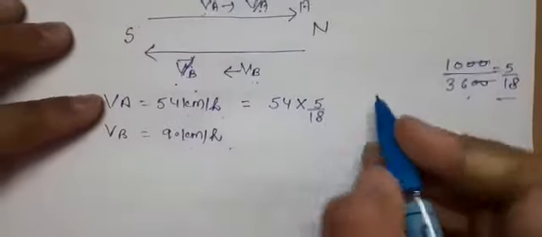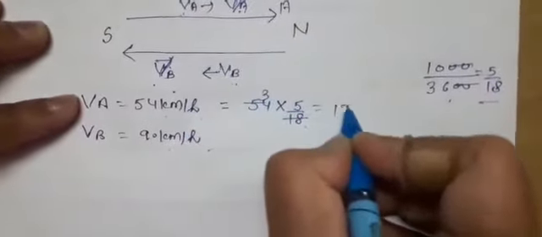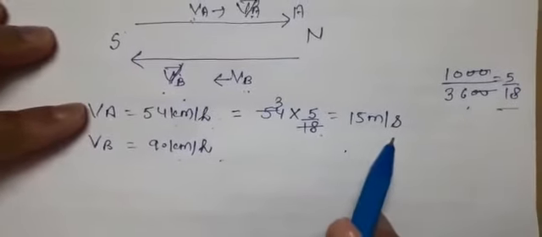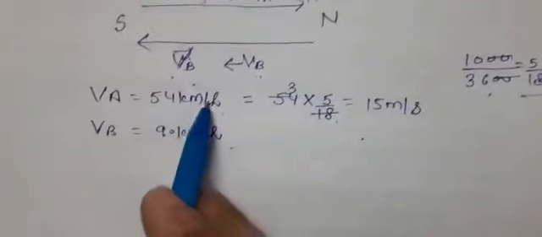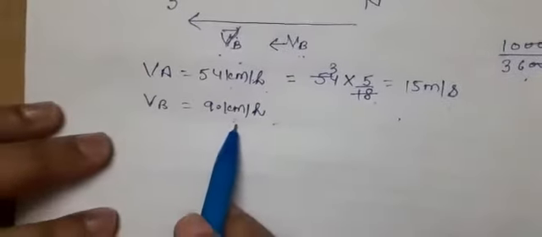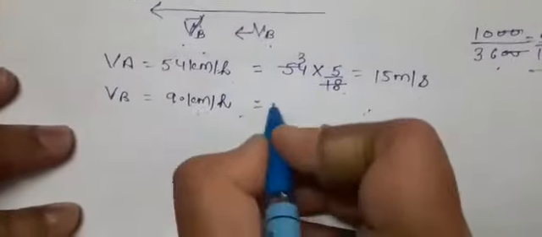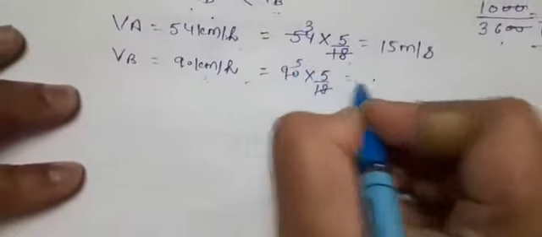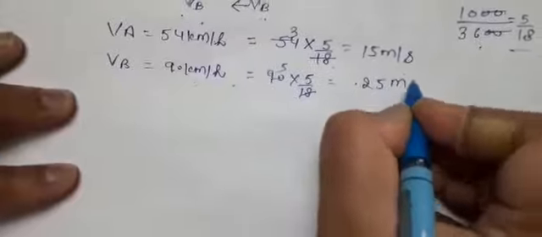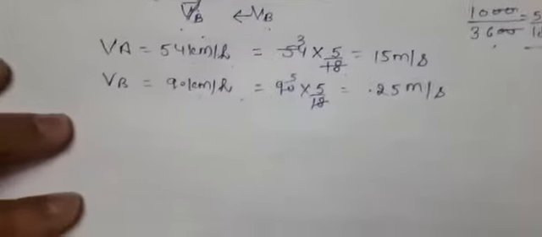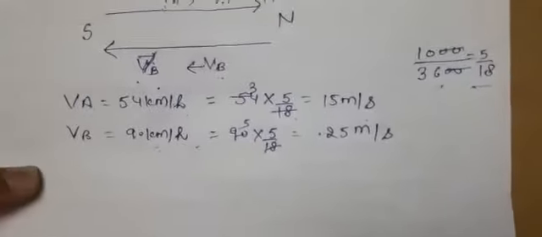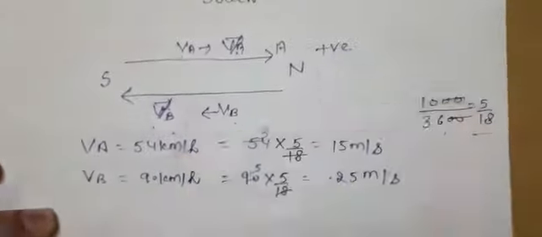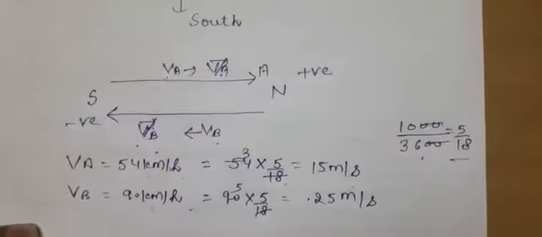Now when you solve it, this comes out to be 15 meter per second. This will simplify the calculation. That's why I am converting it into meter per second. Otherwise, you can do it in kilometer per hour also. Second, the velocity of the second body comes to be 25 meter per second. Now, first of all, we have to see which direction to take as positive. We are taking this direction to be positive, and obviously, this will be negative.